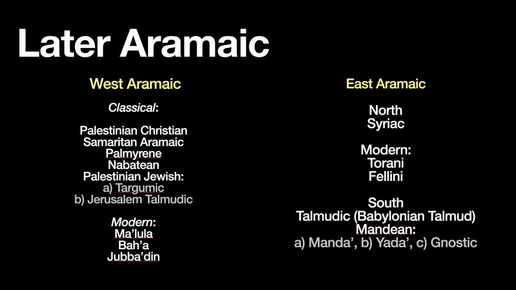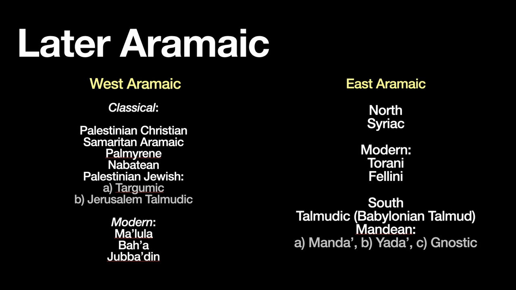So we have ancient Aramaic, and then it's followed by a number of later Aramaic dialects. This is kind of the common classical or traditional organization, I should say. They'd like to organize it in terms of East and West Aramaic. That's largely geographical. If you look at some of these names, you'll see Palestinian Christian, Palestinian Jewish. This refers to the region and the period. Then Palmyra and the Nabatean kingdoms of Jordan, Samaritan, again, is in the Holy Land. And so a lot of these, and if you look at the modern dialects there, those are towns in Syria.